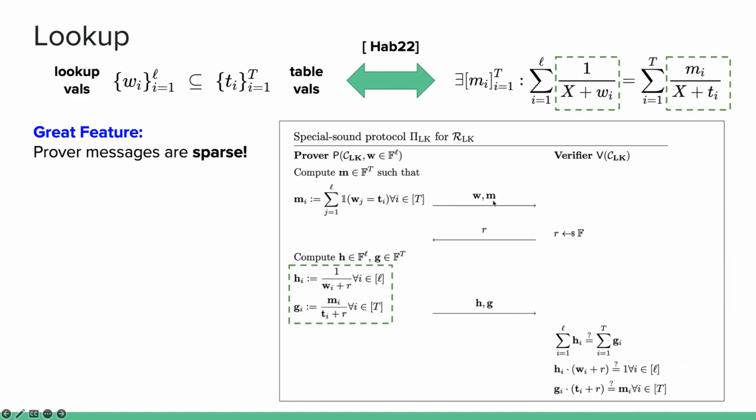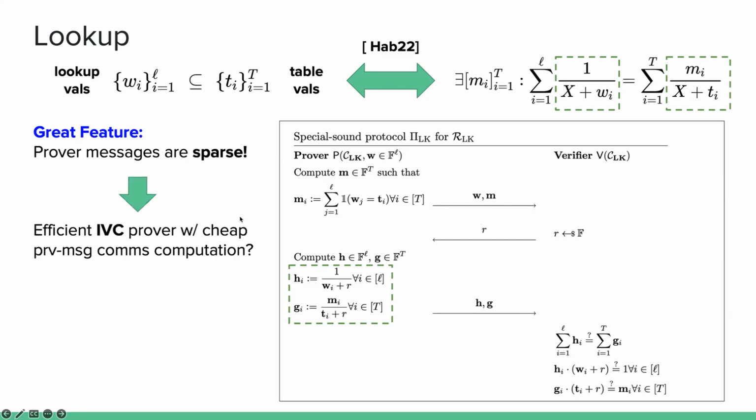In particular, you see that even though this vector m and this vector g are of length T, only at most L of them are non-zero. That means when you commit to them, you don't need to pay all the complexity of T. You only need to do L different group exponentiations in order to commit them into the Pedersen commitments. So that gives us a way to have a much more efficient folding prover, where the prover only needs to do work proportional to L. However, there's one subtlety here, because in the folding scheme, remember, the prover not only needs